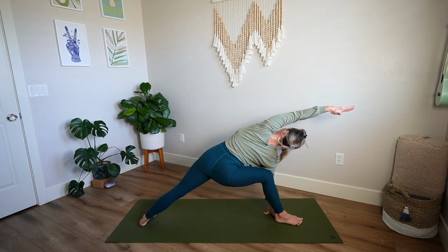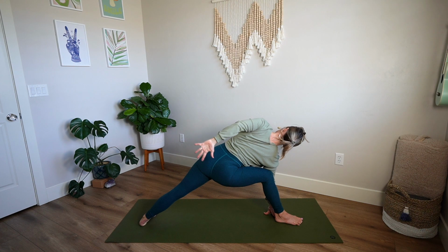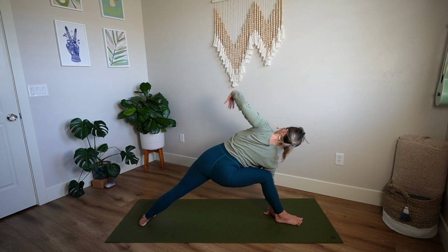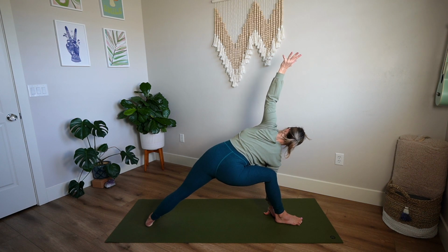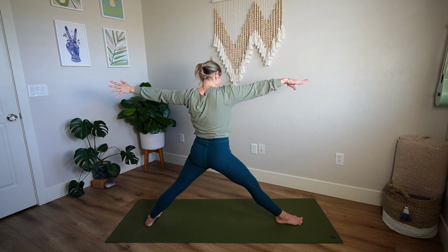Side angle, you have the opportunity to stay here nice and extended, or if you want to, wrap your right arm around towards your left hip crease. If you have a full bind and you want to do that today, you can. Breathe. Good. Unwrap your arms. Press down into your feet, root down, and rise up to warrior two, straightening out the